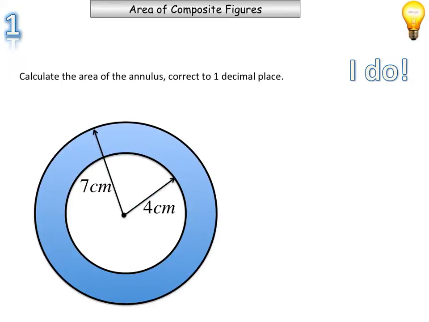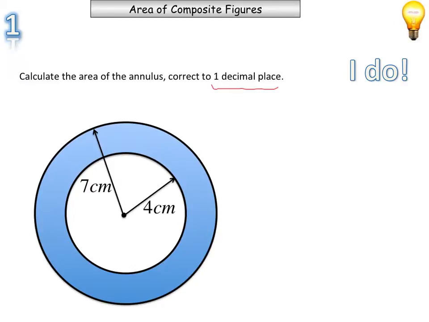Okay, this particular shape here is a circle, and then we have a small circle removed. Another word for that is called an annulus. So let's find the area of this particular shape correct to 1 decimal place. Now we have 1 decimal place because we're using pi, and pi is an irrational number that continues on forever and ever and ever, so we need to round it,